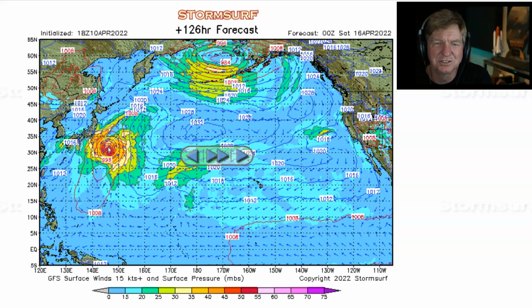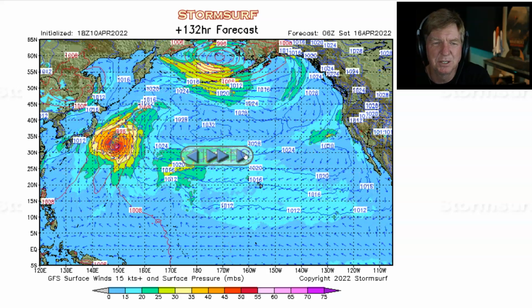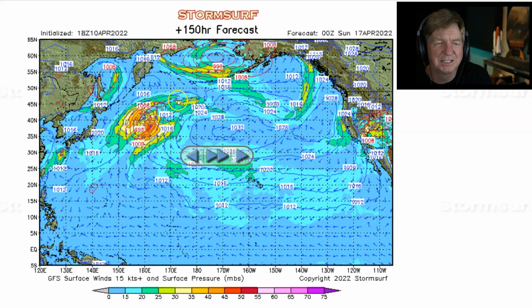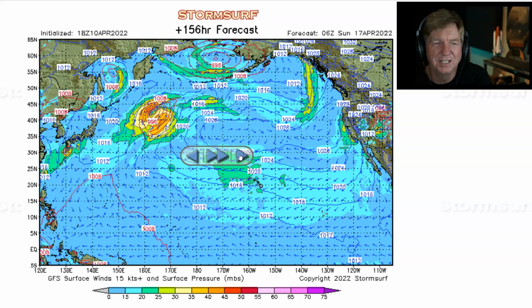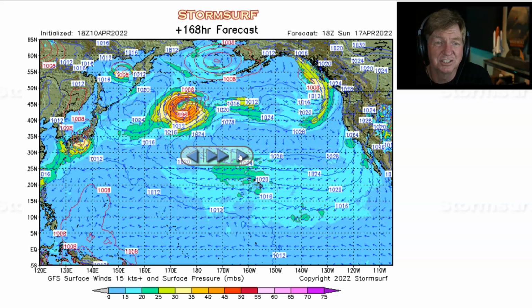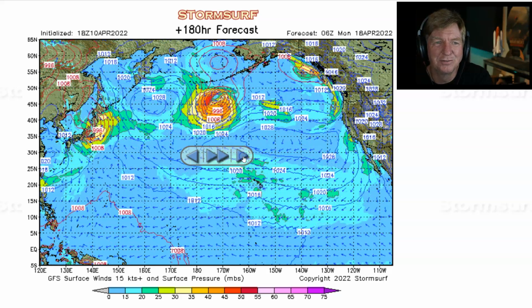But the models, certainly this model, not very good going out 4 and 5 days, especially in regards to tropical systems. Saturday, the system theoretically starts recurving northeast. And then, wow, this is new. This is just this run of the model. It's now showing a full recurvature, completely taking back what I said earlier, and heading into the Gulf of Alaska